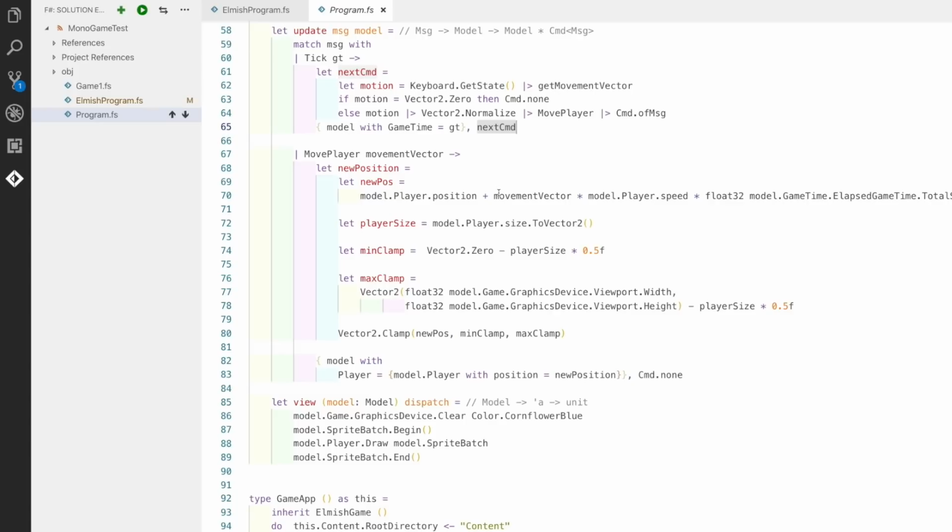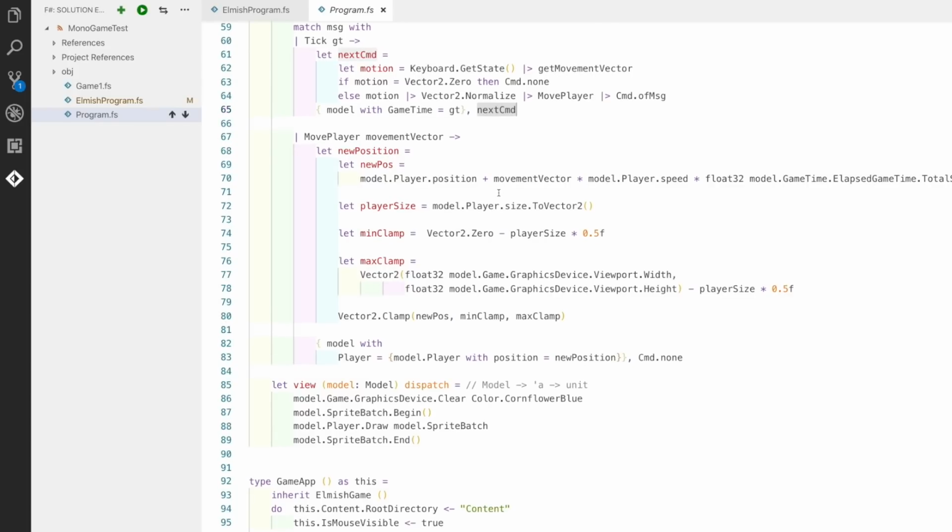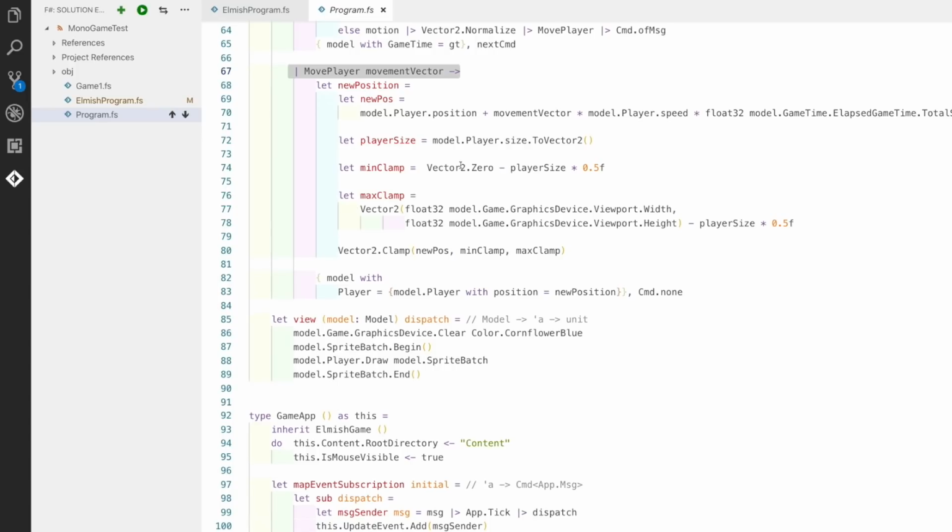in that particular update. If you can imagine, on every tick, which is driven by the update function, which I'll get to in one second, every time there's a tick, there may or might not be a movement. If there is a movement, we generate a move player command. The move player command will then be called here via the extra commands which are processed on every message. So if the player is moving, then we create a new position, and this is code all from last time, and we're just updating the model with the new player's position, but it's based on the state going through this